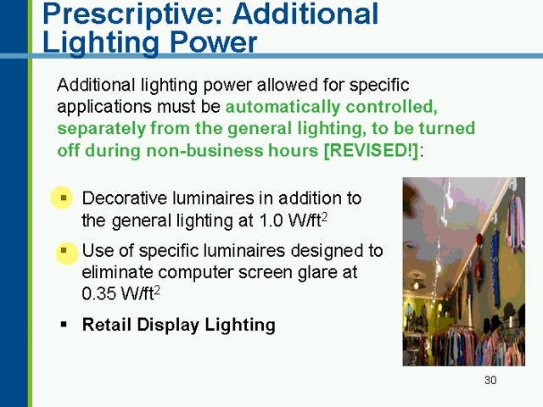A second allowance, which is not applied much anymore but is still in the standard, has to do with designing typically an office environment to eliminate computer screen glare. And those of you that are familiar with it, there is an IESNA document that describes this design feature.